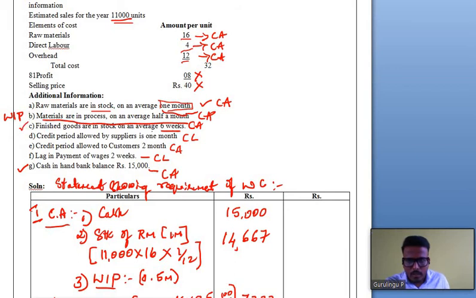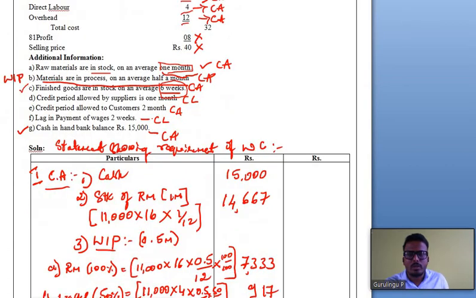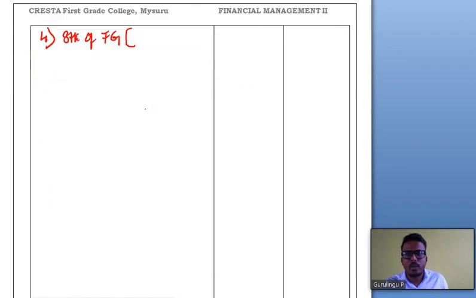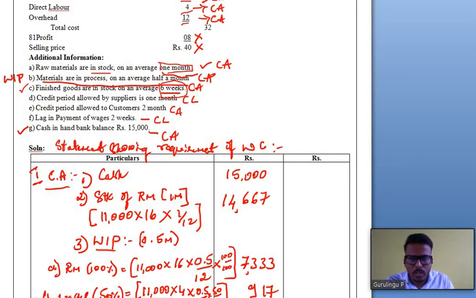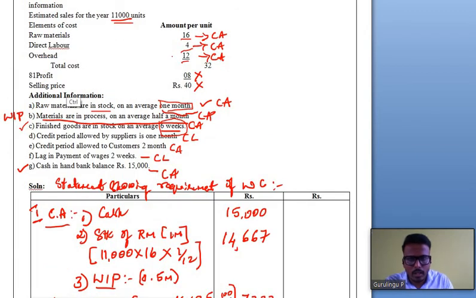Okay, we will take the number of units. Please remember the assumption. In the assumption, finished goods and debtors should be calculated on what? On total cost. We will go back to the question and see the total cost here. Total cost given in the question is 32. See here, I am marking in the question, that is 32. So 11,000 into 32 into 1.5 divided by 12. When you do this, you will get 44,000 as the answer.